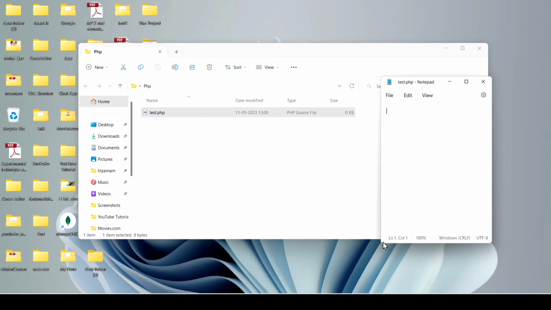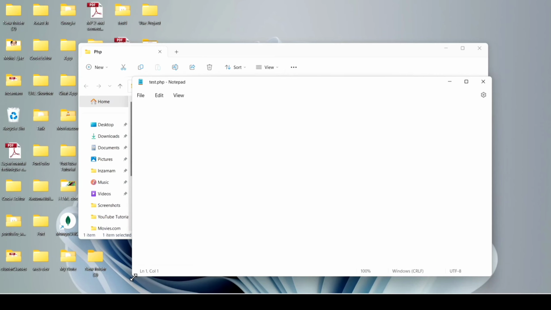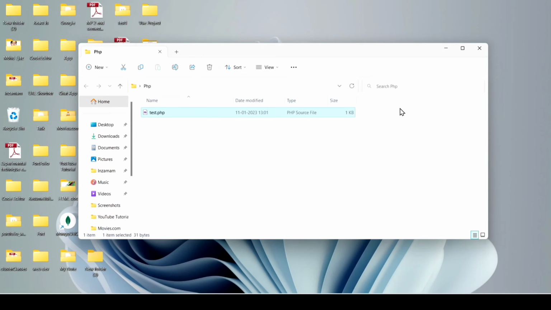Okay, now I just increase the size, it is good. Now just provide angular bracket question mark and provide PHP and hit enter, and after that provide echo space and provide double quote, and here I provide hello PHP. Now after that close this with question mark and angular bracket. Okay, now after that just click on save and cut this out, and now after that just type here cmd